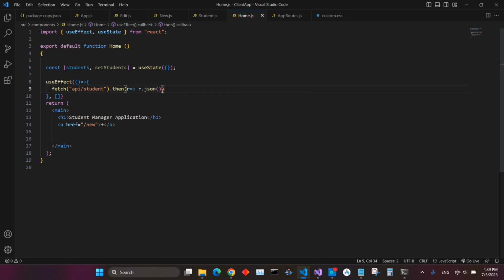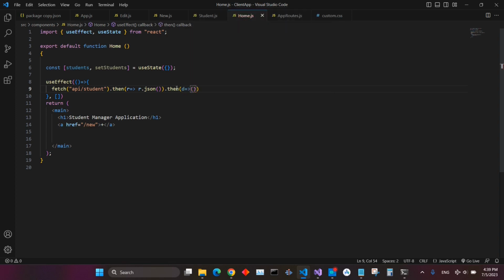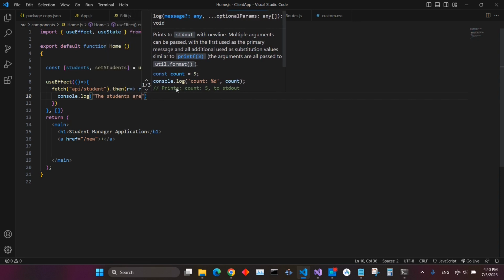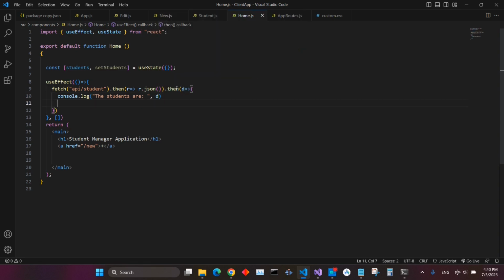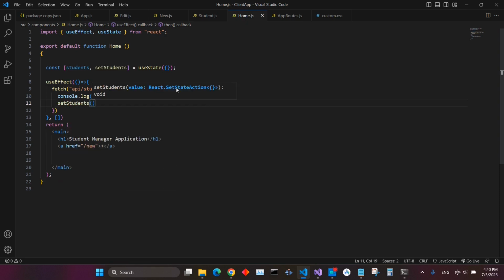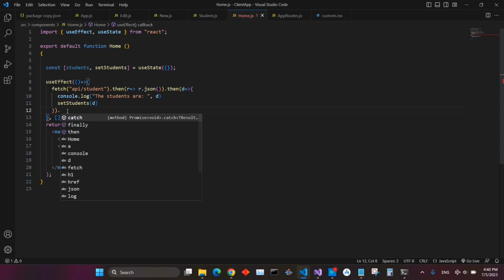We don't need actually return when you use only this, and then you have that data, and then here I want to see the data as well first. Console.log, the students are here, data, and we set the students to this data, and if there is any error,